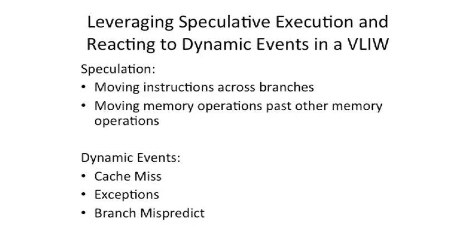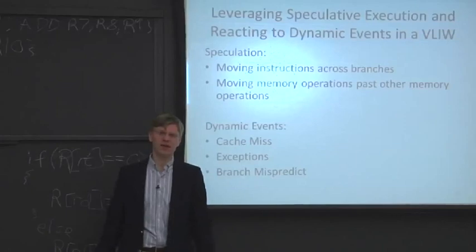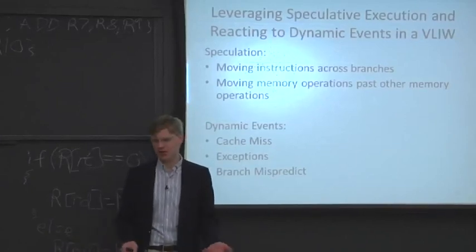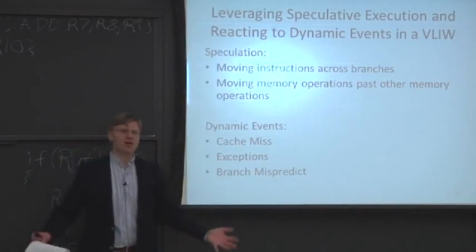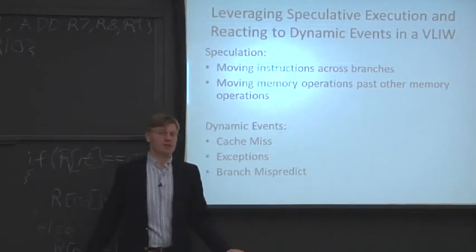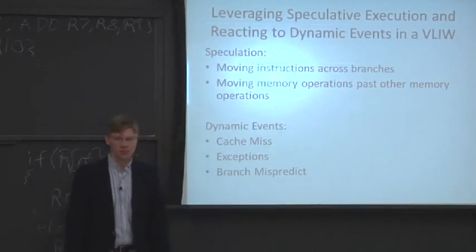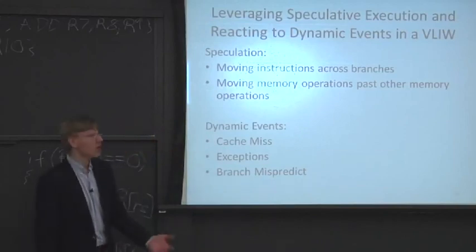Dynamic events, so things that happen in the processor that you can't really do anything about statically. It's really hard to do anything statically about it. You just don't know what's going to happen, something like an interrupt or an exception happening. How can a compiler know where the exceptions are going to happen? It's just not really possible. And then we'll talk about